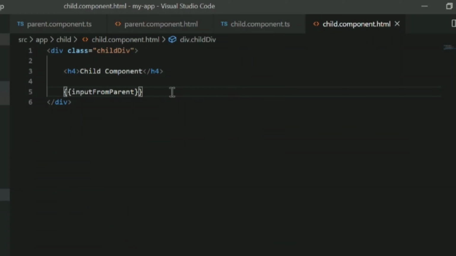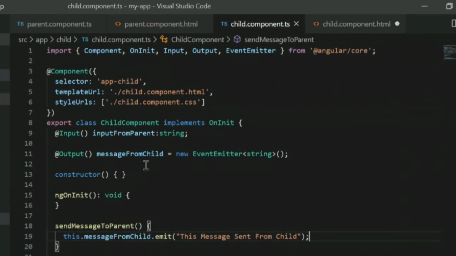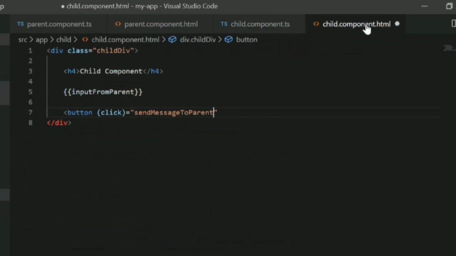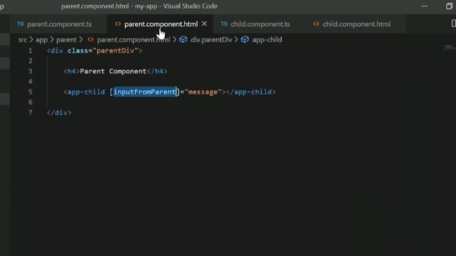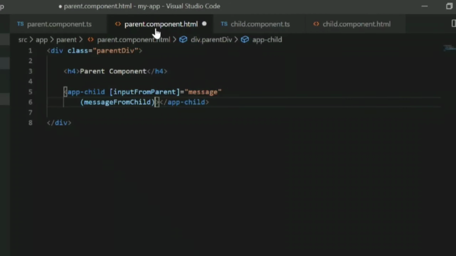Next go to the child HTML and add one button to call this method. Next step is to go to the parent component and add one event receiver method.